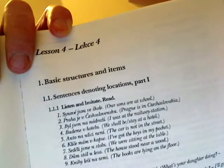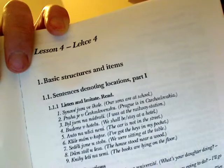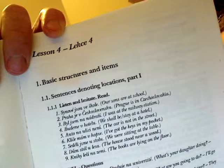Let's just choose a chapter at random here. This lesson 4 is talking about sentences denoting locations. So the first one, Synové jsou ve škole, sons are in school, or Praha je v Československu, and so on. Klíče mám v kapse, I have the keys in my pocket. The sentences are a bit short, they're not particularly related to each other, but at least it's getting a concept across to do with locations, and that might be fine. But